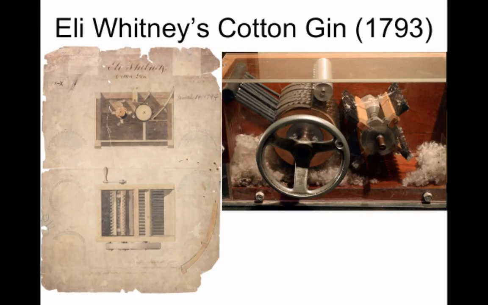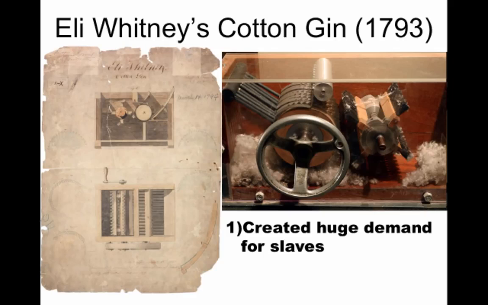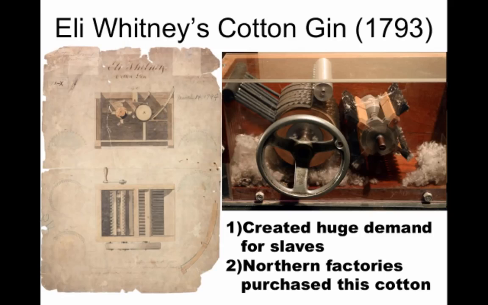A really significant invention happens in 1793 by a guy by the name of Eli Whitney, the cotton gin. And the cotton gin just basically allows for cotton production to dramatically increase in efficiency. And the cotton gin, which separates the seed from the cotton, creates a huge demand for slaves. Slavery was kind of dying out, but the cotton gin suddenly makes cotton production way more profitable. And as a result, it's important to keep in mind this cotton, which is picked in the South by slave labor, is being sent to northern factories and British factories. They are the ones buying this raw material.